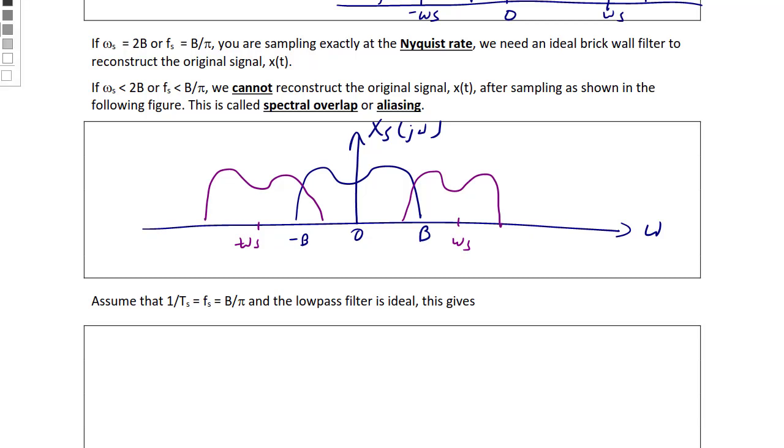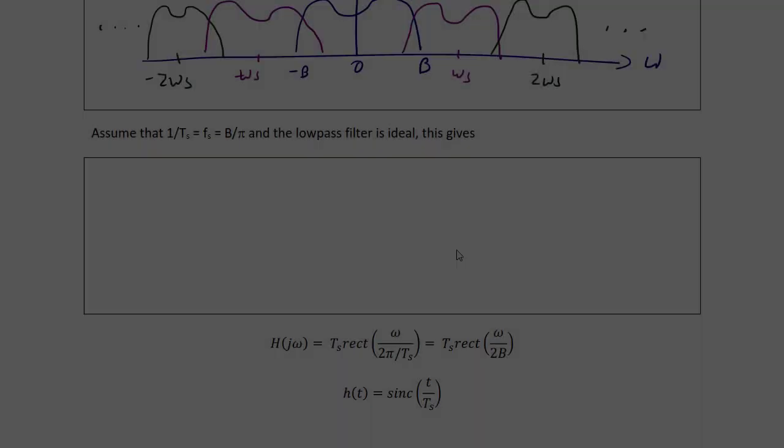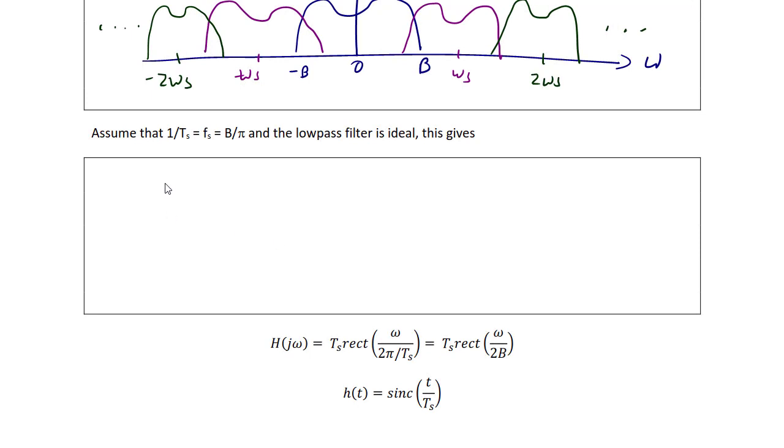Which now, if you think about filtering, you're never going to be able to filter out the original signal because there will be interference from those copies. So, assuming that you have an ideal brickwall filter and you sampled at exactly the Nyquist rate, then H of j omega, or our low-pass filter, would look like the following, with a cutoff frequency of B,